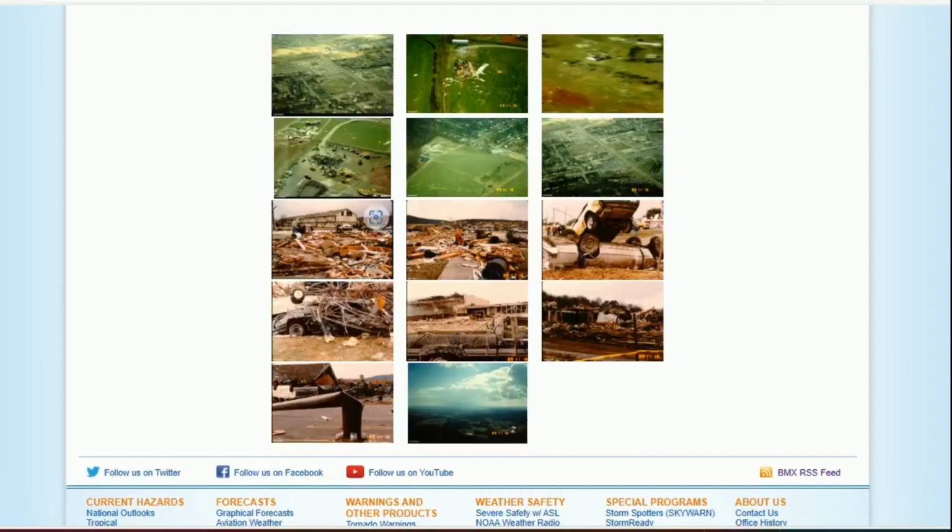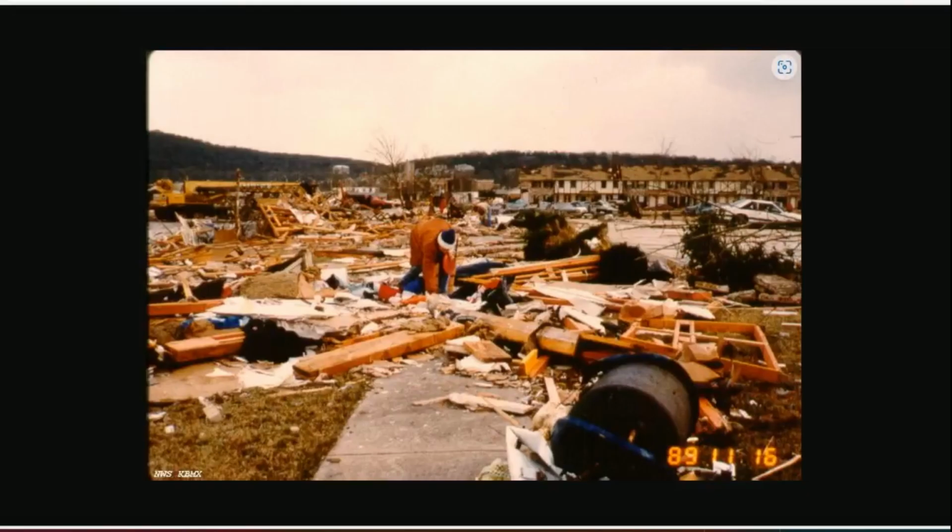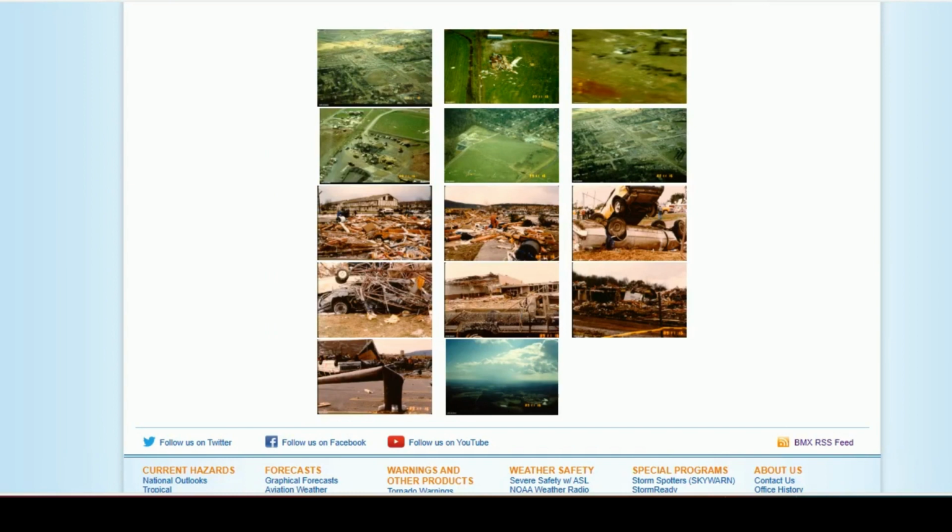A little bit hard to tell. We can take another look at the same apartment complex, and you can just see there's debris scattered everywhere. And so that was a pretty common theme across much of Huntsville. In a little bit, we're going to briefly discuss the synoptic setup that led to